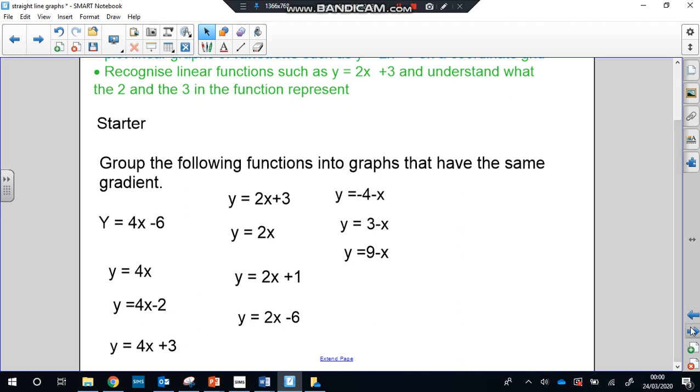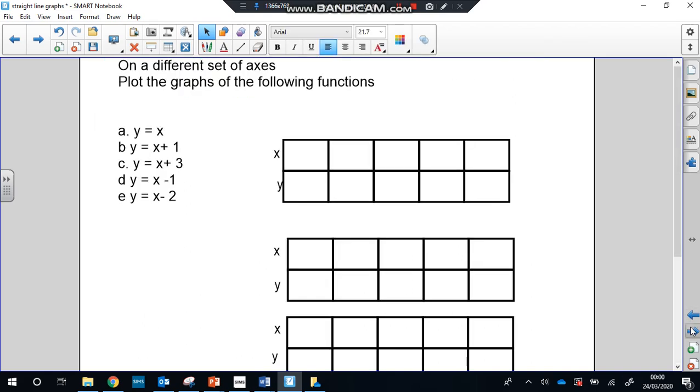So, what I want to do, first of all, we're going to be drawing some more graphs. I'd like you to draw these graphs, so you will need a table for each graph that you're going to draw. And you can use the coordinate axis that you had from yesterday's lesson to draw them out. So if you can pause and